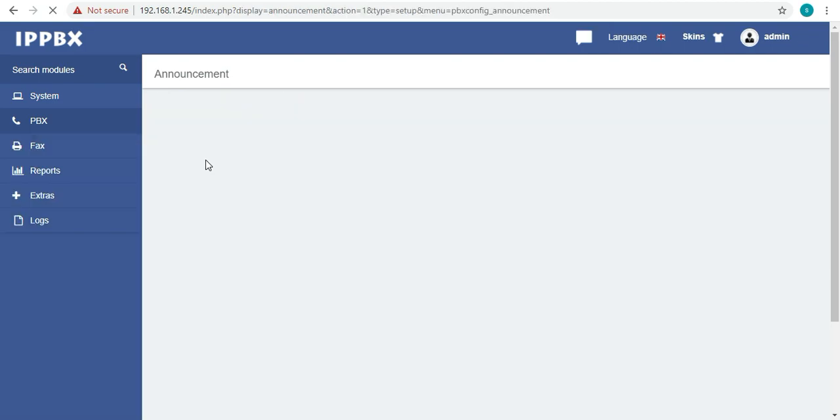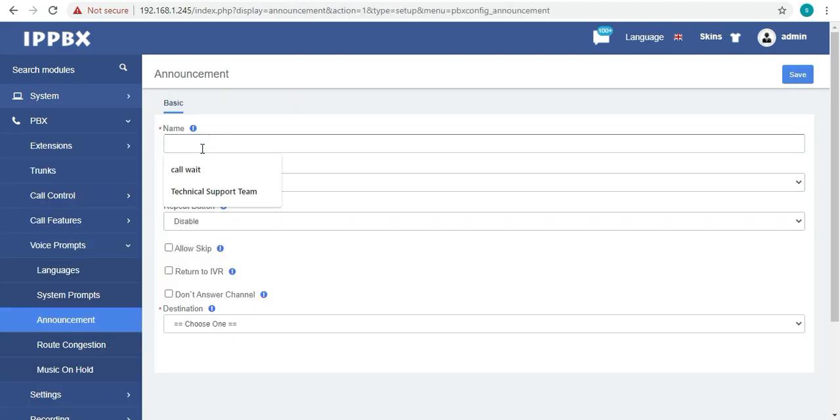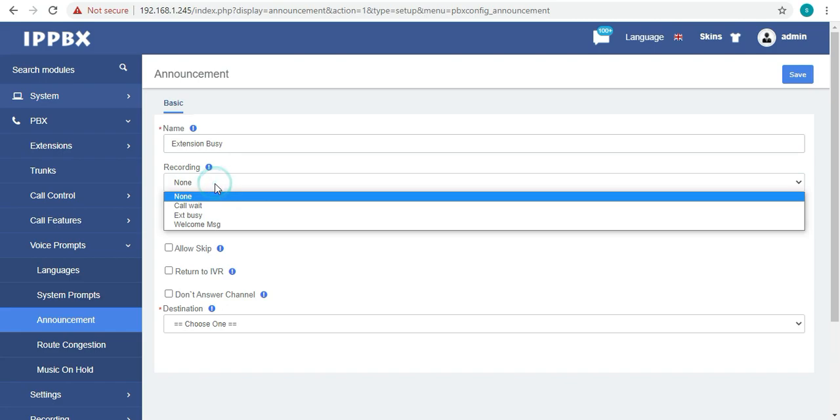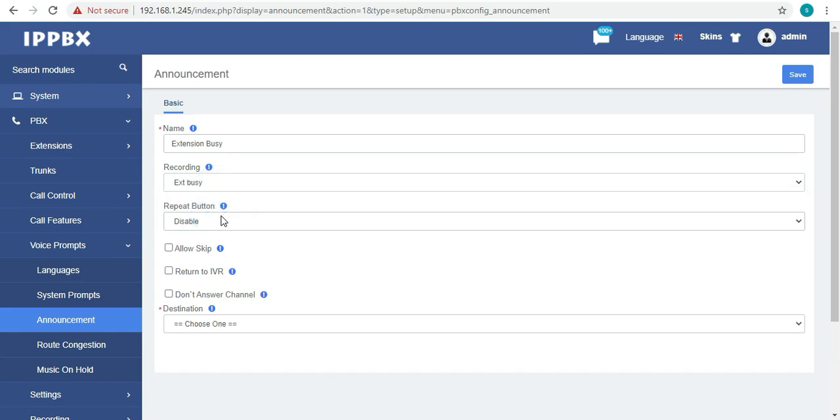So now we will create announcements. In this, when the call is unanswered, it will be played that all extensions are busy. So I have created a profile which is extension busy. I have picked up a voice prompt file, and the destination will be your IVR.